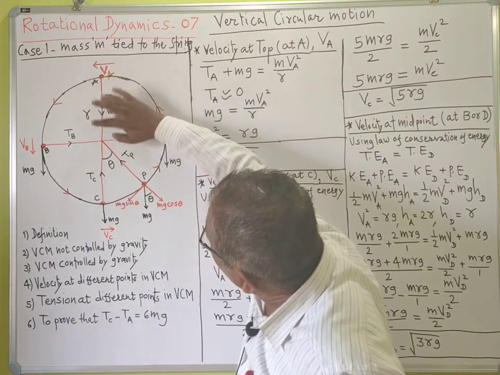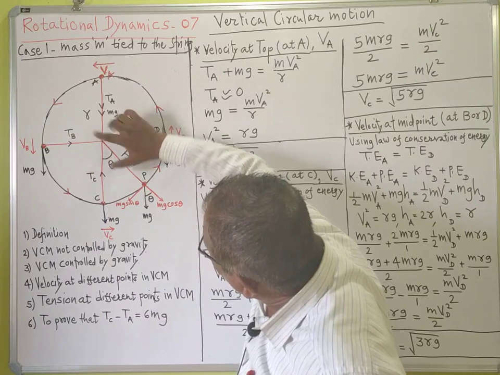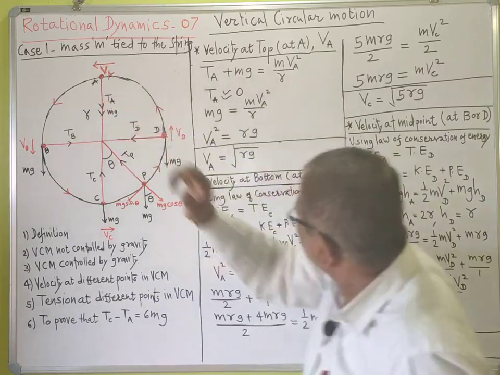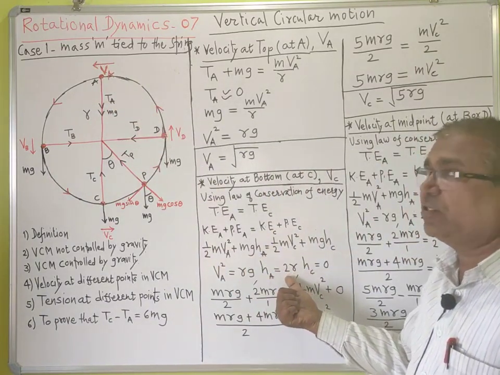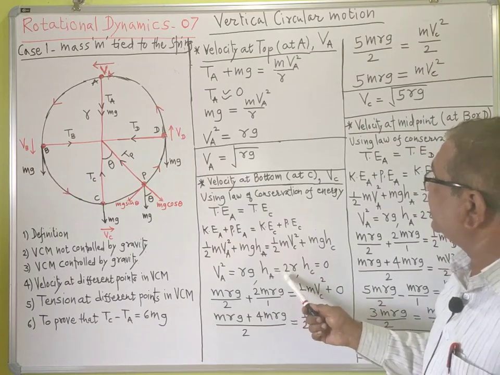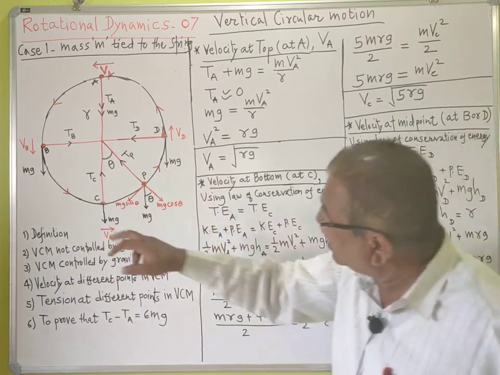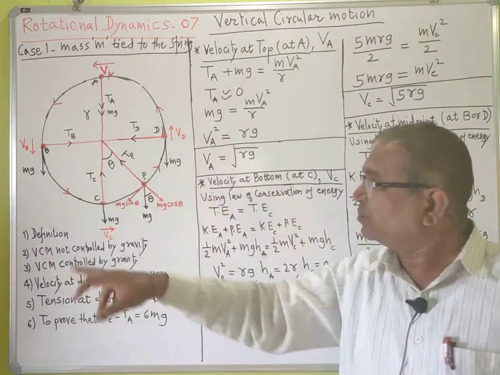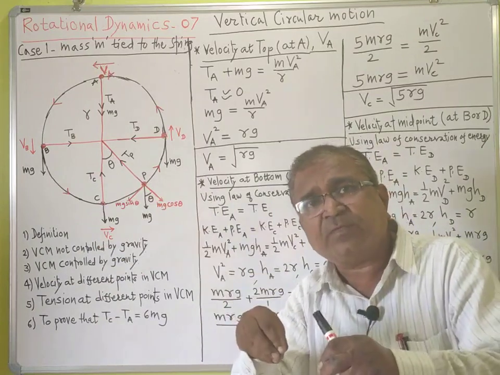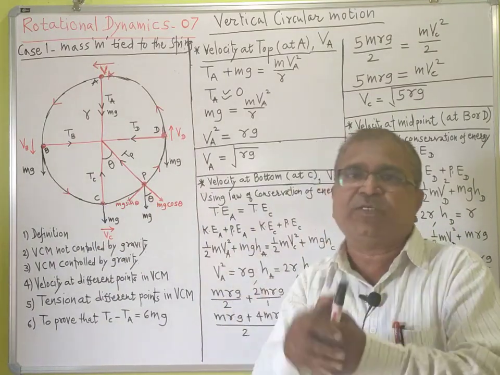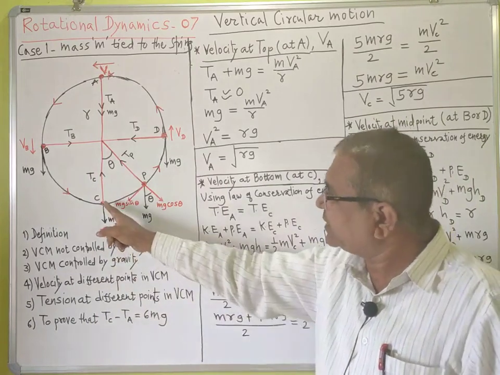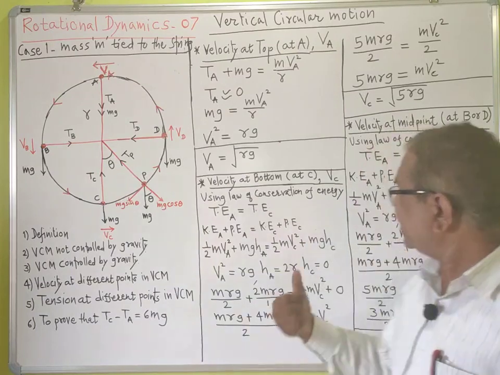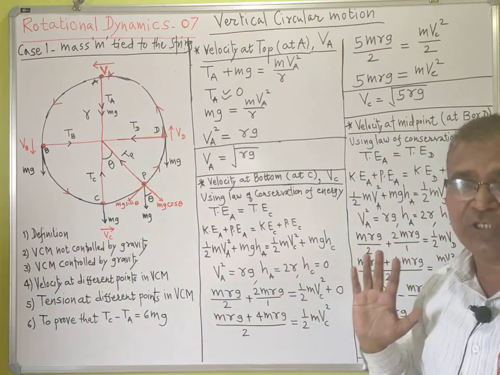That complete height is what? Up to this center, this distance is R, this distance is R. So total height we will get is 2R. So I will write here HA is equal to 2R. What is the height of the C point from the bottom? C point is exactly on the bottom and we measure height from the bottom. So HC, no height because it is already at the bottom. So I can write here HC equal to 0.